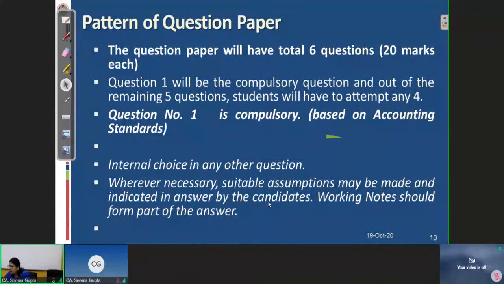In many of the cases, like Parv Shah has asked us, he is not able to complete the paper in the prescribed time period. So I think that is the only reason, because we do not practice more, and we are not able to attempt it in the time period.